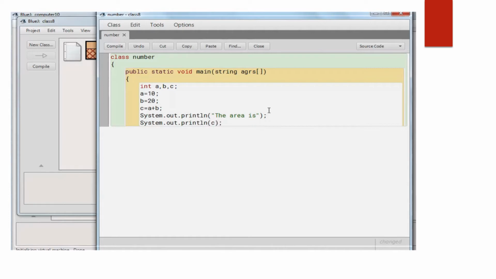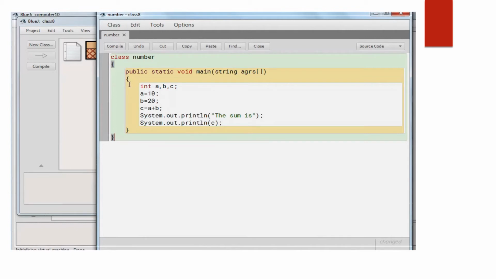Sorry, wrong message I wrote. Here I have to write the sum is. In the next line we have to close the curly bracket of the main function. Then we have to close the curly bracket of the class.